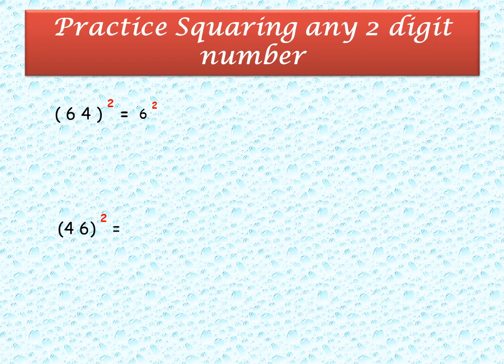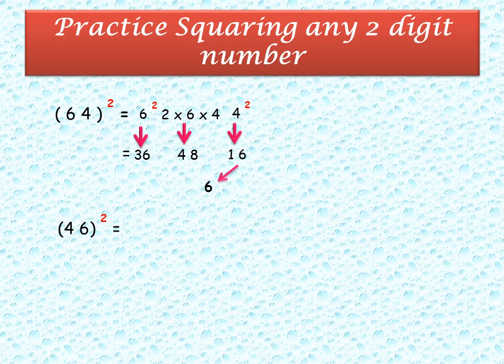A square is 6 square, and 2ab, that is 2 into 6 into 4, and then we have to write 4 square. So 4 square, we write down 16 below, and 2 into 6 is 12, and 12 into 4 is 48. Write it down below. And next 6 square is 36. Write down. And the next step here is we have to take the units place in 16, because whatever we are doing, it should be from right to left.